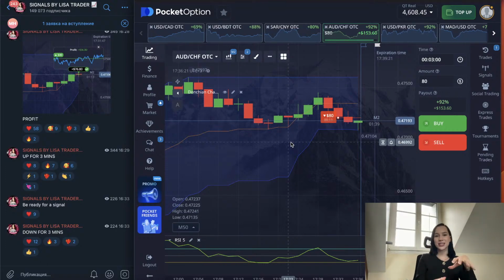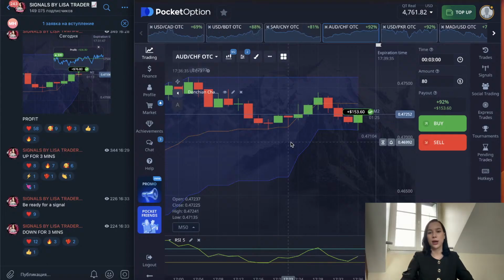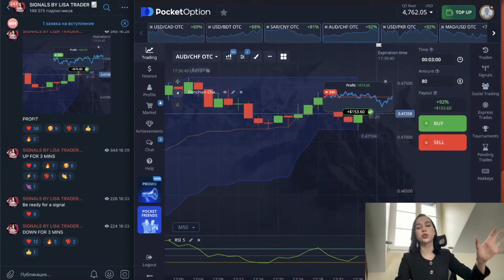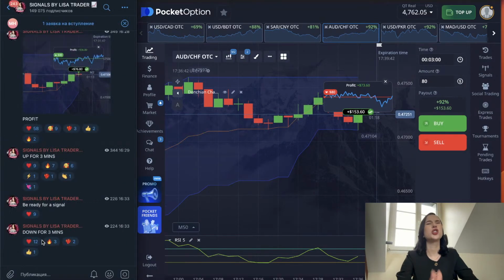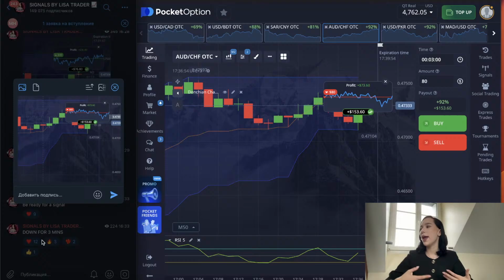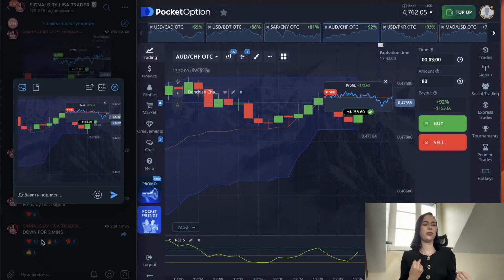And if you don't have this consistency, if you don't have this kind of active type of life and motivation, you need to find it for yourself, because a lot of people actually have so much potential in them. They really can do so many things. Okay, perfect, we closed the trade in the plus. For example, I know so many people from my circle who are so smart, they could be a scientist, they could go to NASA to work there, or to, I don't know, Facebook, but they just don't know where to start and what to do. They have ambitions, they have goals, they feel like they can do everything,